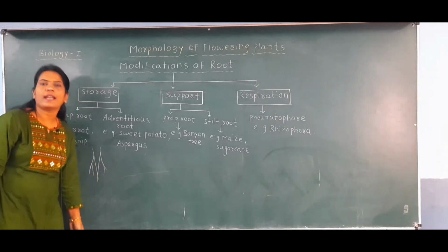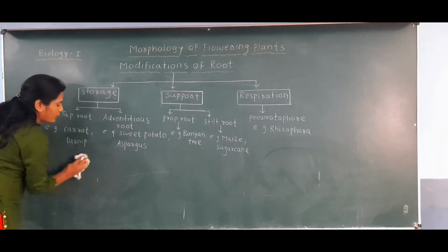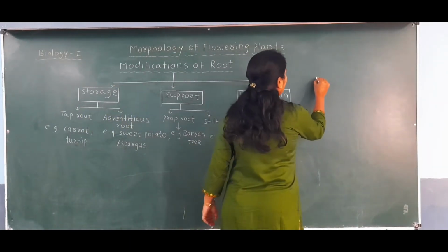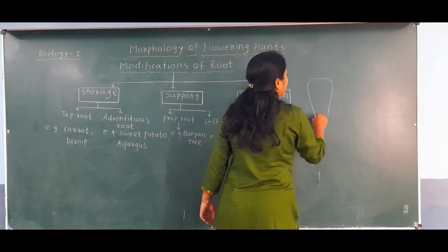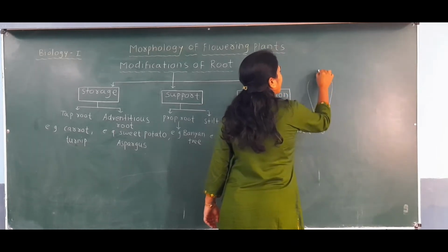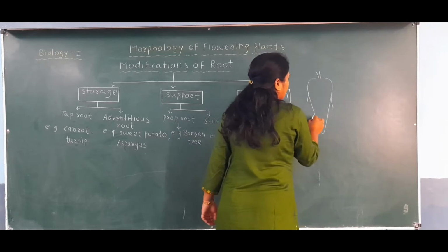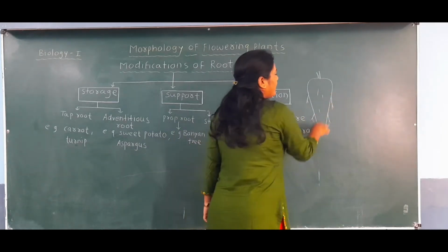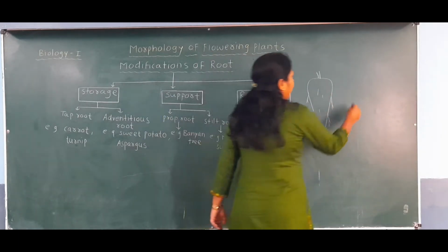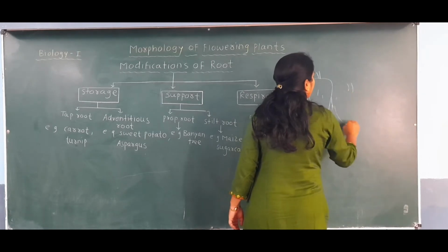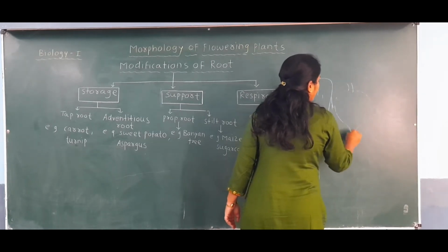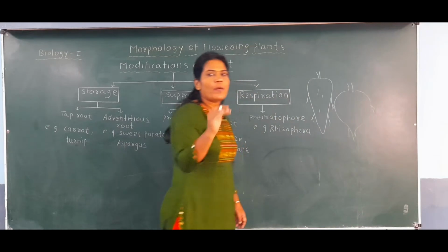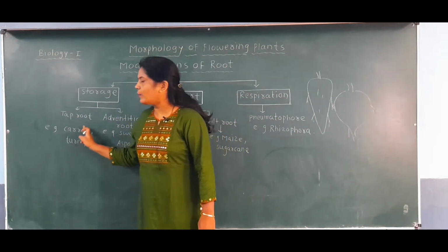Now all of you know how the structure of the carrot or the taproot is. I will draw the diagram of the carrot and the turnip here. All of you know that the carrot structure is like this: one end of the carrot is broad and the other end is tapering. Suppose this is a diagram of the carrot, and the turnip we call beet. If you observe the turnip, it is somewhat of a spherical structure, and this is the structure of the turnip. These are the examples of the taproots.